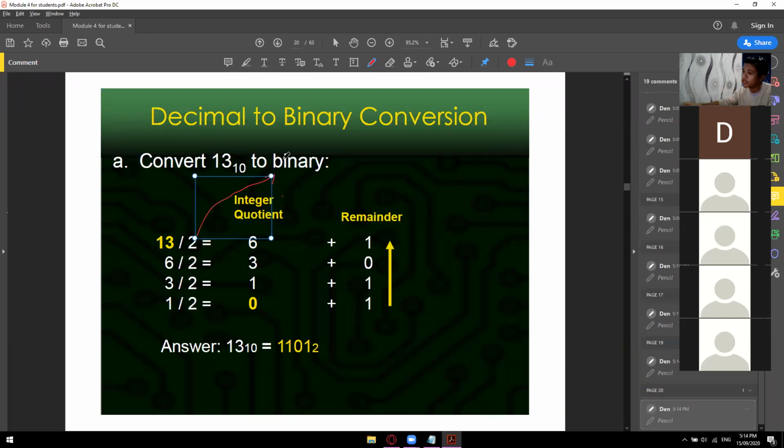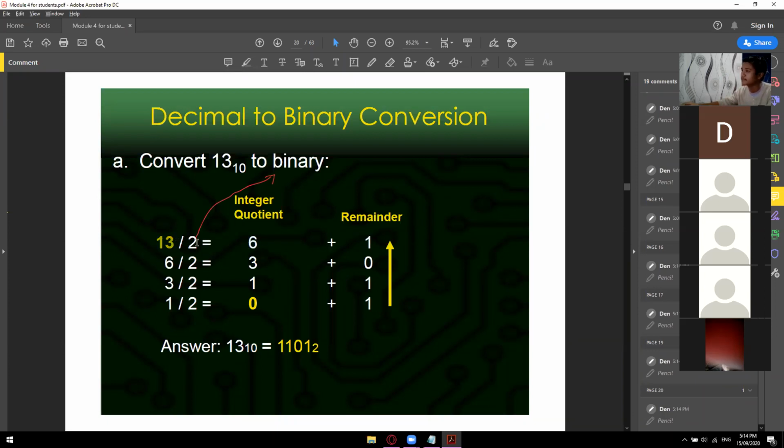So if this one is octal, you have to divide this one by 8. If this one is hexadecimal, then you have to divide this one by 16. Okay, so ganun lang kasimple. And then this one is actually parang divided by 2 parts wherein we have integer quotient and then a remainder. Okay, so para malaman natin kung ano ilalagay natin sa integer quotient and the remainder, just simply do the